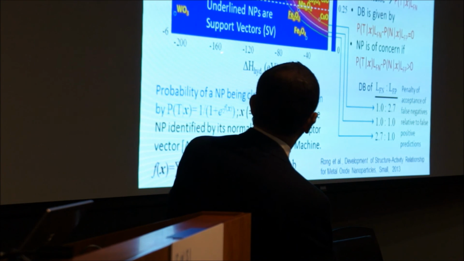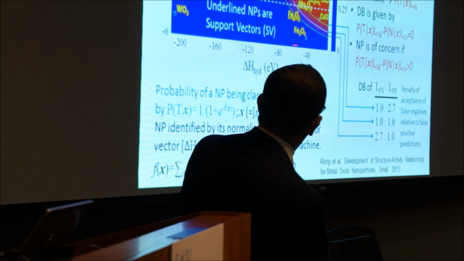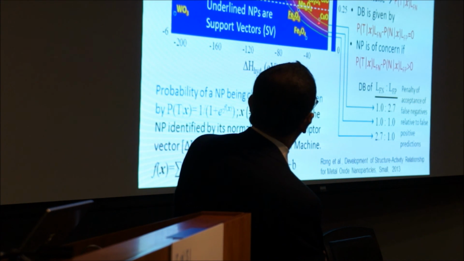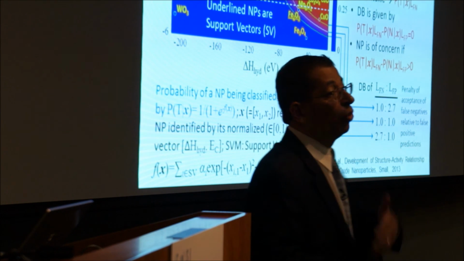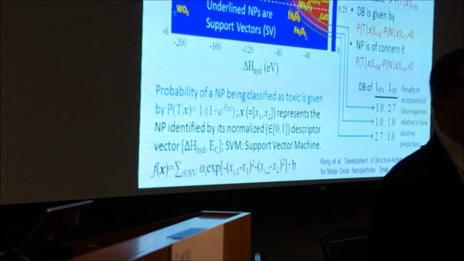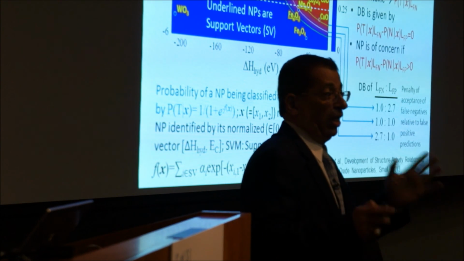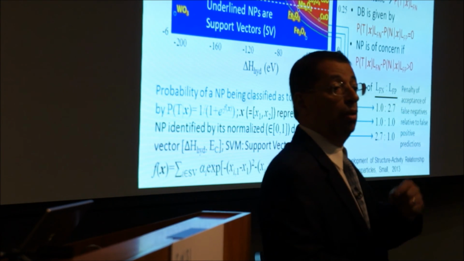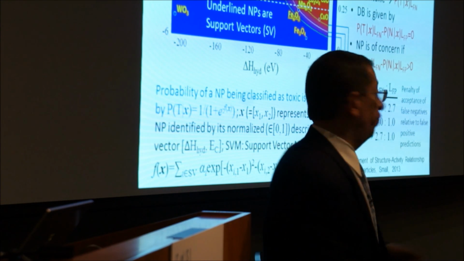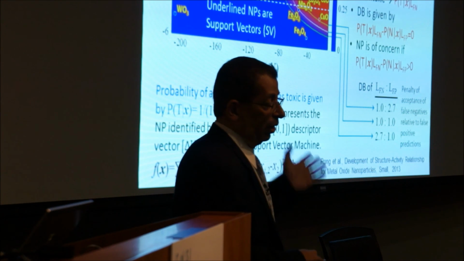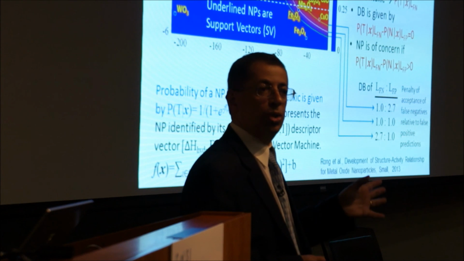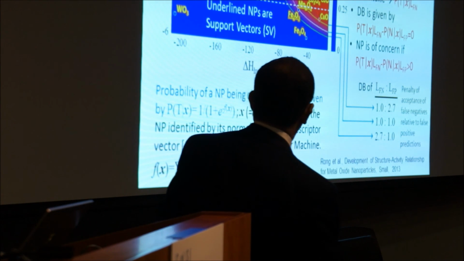At the same time, if our hydration energy moves in this direction, a low negative hydration energy, then it also means that the material is going to be more mobile, or the metal ion will be more mobile. So, mechanistically, it may make this material more available, or the metal ion more available, and there is enough in the literature regarding toxicity of metal ions that deals with their solubility and hydration energy that, in fact,